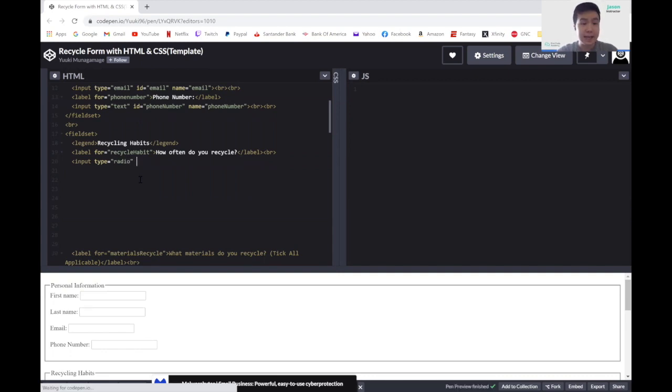And let's set the ID to the corresponding value for each option. So the first option I'm going to give is daily. The ID for the first one should be called daily. And I'm going to assign it a name. The name here should be related to the question that is being answered. So here we're asking about how often you recycle, so I'm just going to write recycle. And the value again should be the same as ID, which in our case for the first one will be